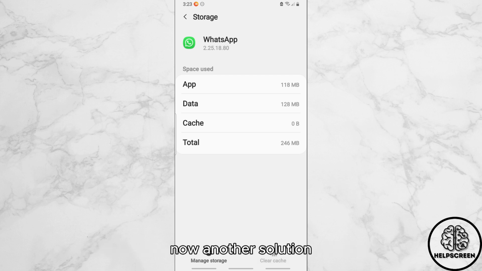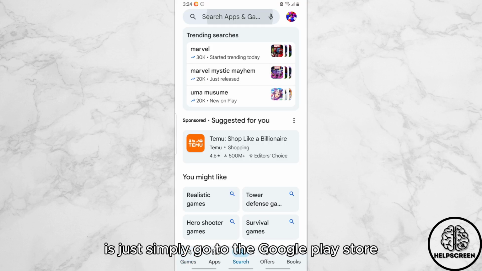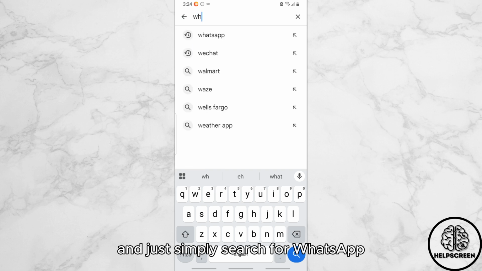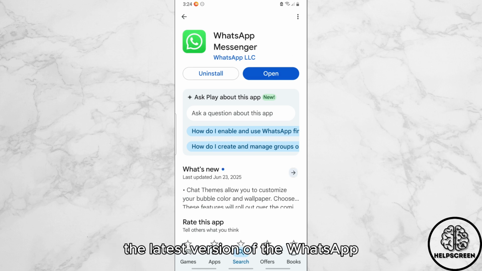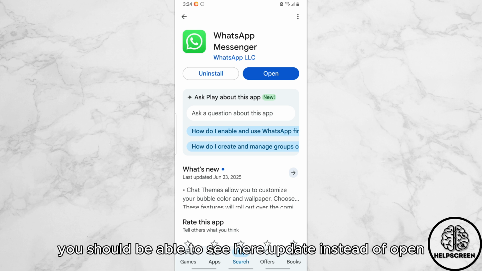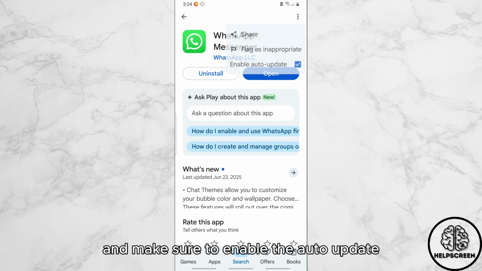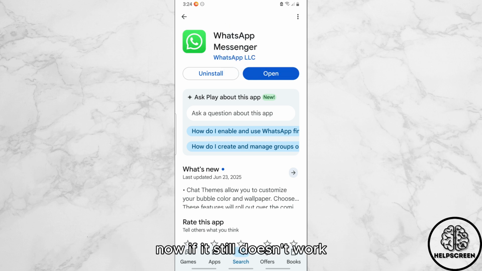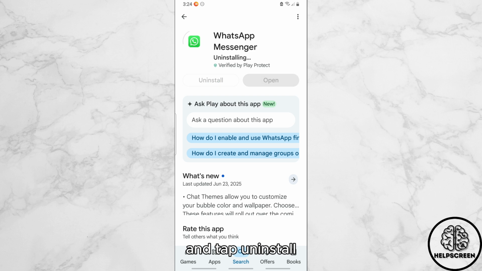Now, another solution is to go to the Google Play Store and search for WhatsApp, and make sure you are running the latest version of WhatsApp. If any updates are available, you should see update instead of open. You could also select the three dots on the top right and make sure to enable auto update. Now, if it still doesn't work, reinstall the application by tapping uninstall over here and tapping uninstall,